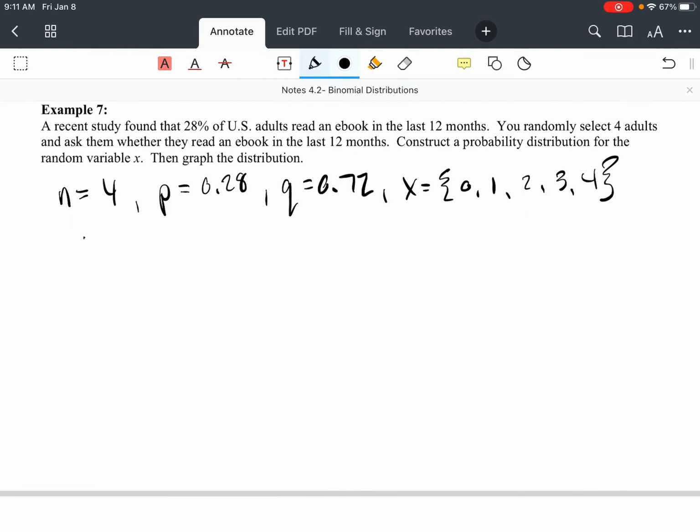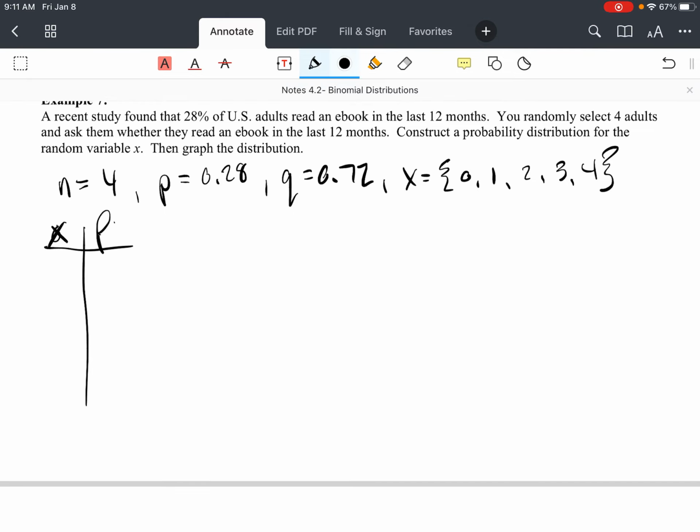Let's figure out what our binomial distribution is. For my x's and my P of x's, I'm going to leave the actual calculations to you. So for 0, 1, 2, 3, and 4, you get 0.269,